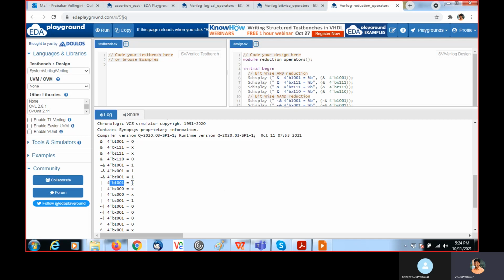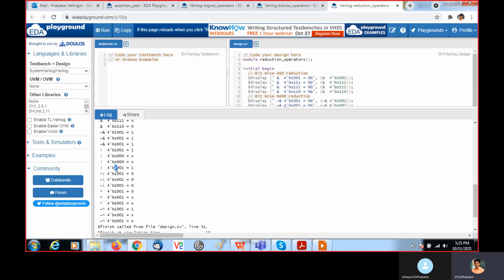And for these bits, we are performing OR. If any one of the bits is 1, you will get 1 as output. If any one of the bits is X, you will get X as output. And if you have Z while performing OR, you will get X as output. Here, you are performing OR between these bits. Here, if it is 0 or X or anything, but we have 1 here, right? Performing OR between these bits, you will get 1.